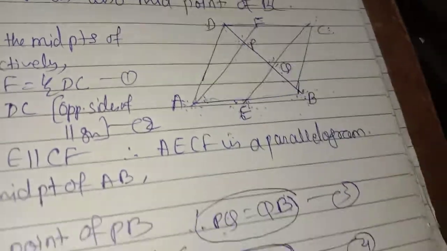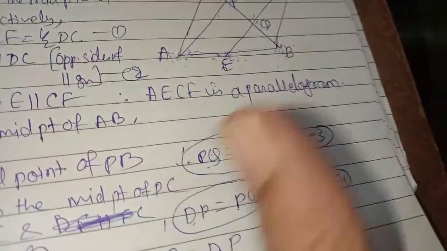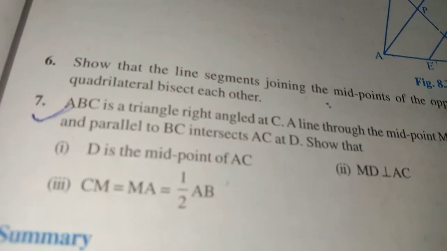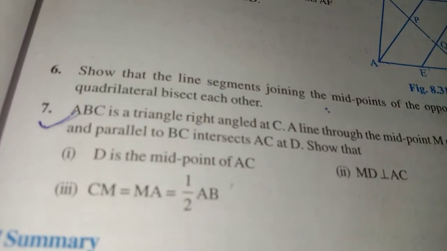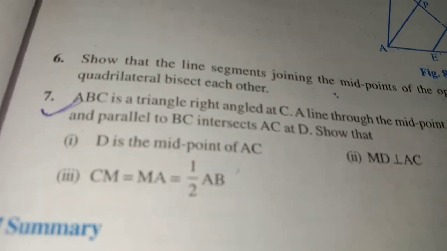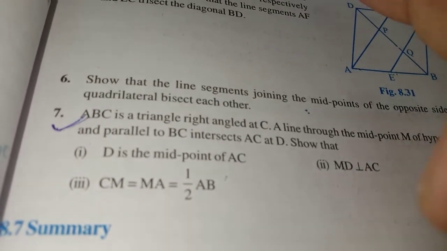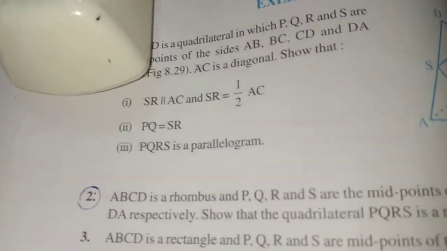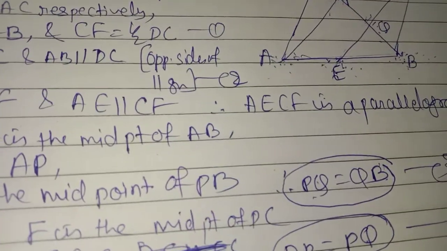Clear? So these are the two questions which were left, and that much you have to solve. And question number 7 you just try to do as an assignment. So this will be the finishing of our chapter 8. Whatever questions we have solved according to the syllabus, we have to follow that. If possible, you try question number 7. So questions 7, 5, 4, 2, 1, that much you have to prepare for the examination. Clear? You can see once more the full view of the question we have to prove here.